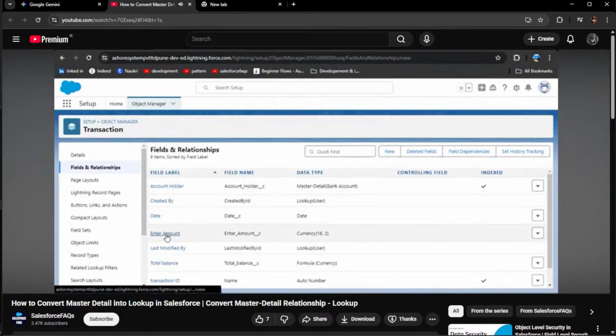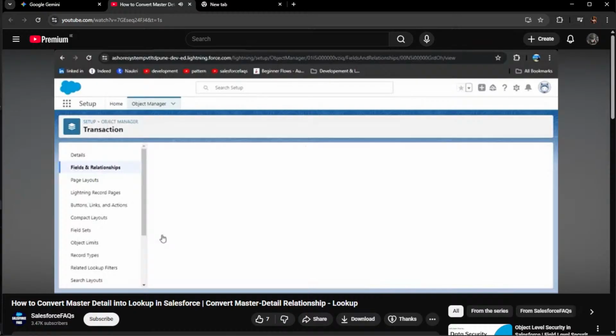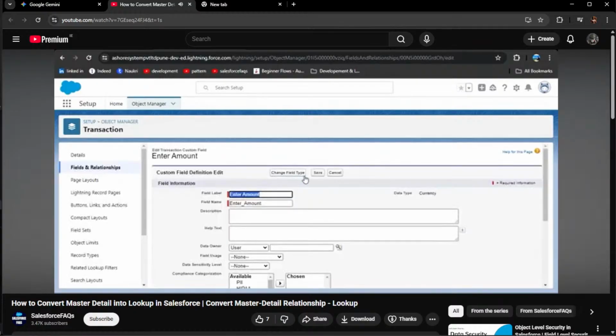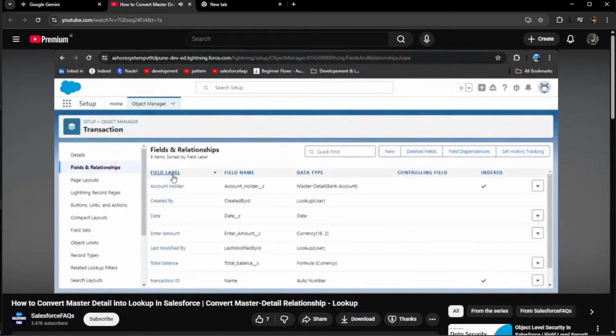Before that, I want to show you. Here I am clicking on the Enter Amount field, and as I click on the Edit button, you can see the Change Field Type option. Using this option, we can change this field type into a different data type. But in the case of this master-detail relationship,